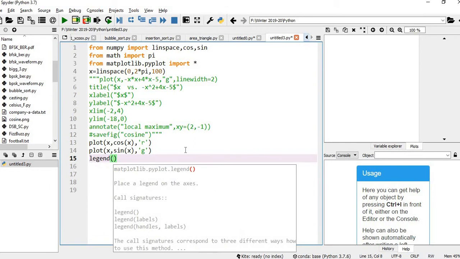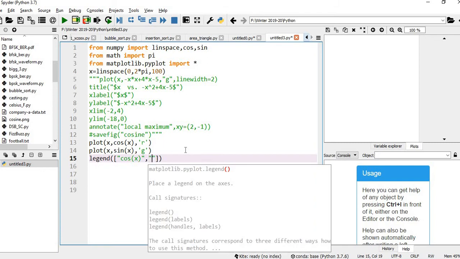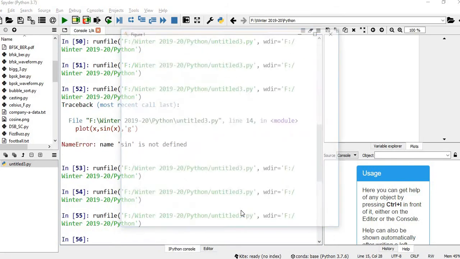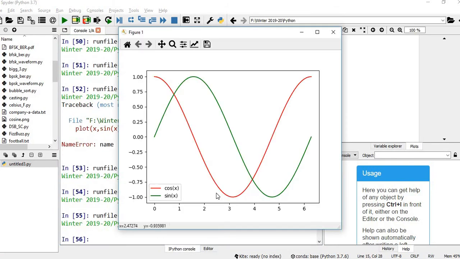Legend, square bracket: first figure is cosine of x, comma, second figure is sine of x. Let me execute this. You can see that the legend has appeared. The red one is the cosine signal, the green one is the sinusoidal signal. Very simple.